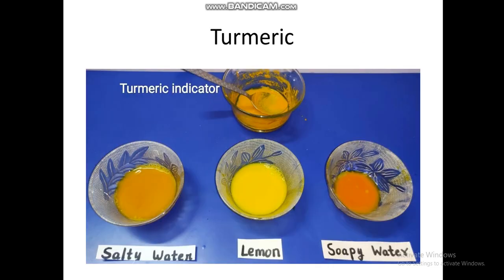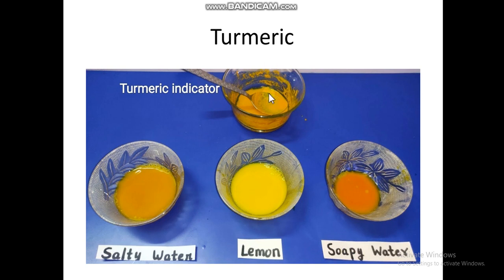Next is another very important and famous indicator. This is known as the turmeric indicator. You know turmeric, all of us have turmeric in our homes. Turmeric can be used as an indicator. Here you can see we have prepared a turmeric paste or turmeric solution. If this turmeric solution is added to salty water, there will not be any kind of color change.